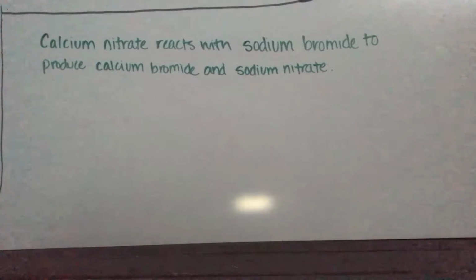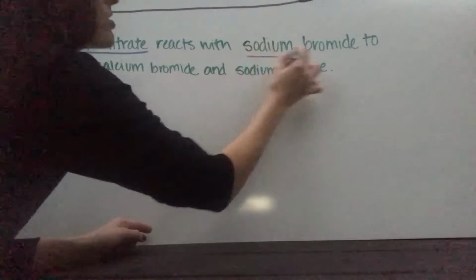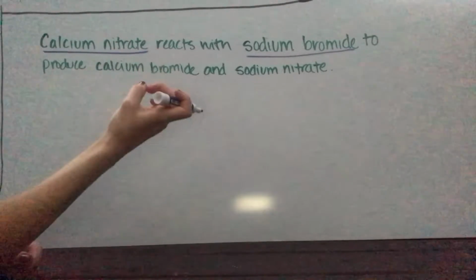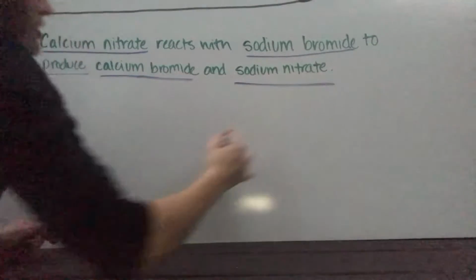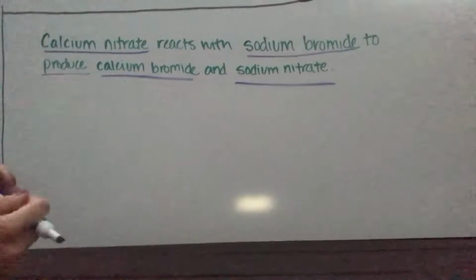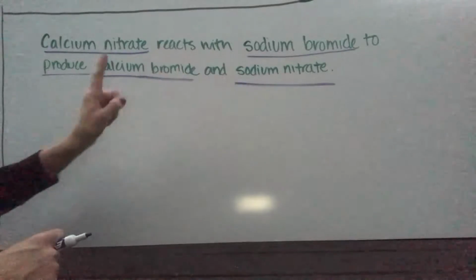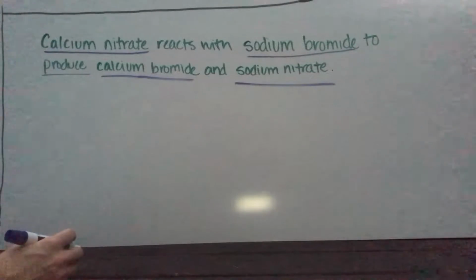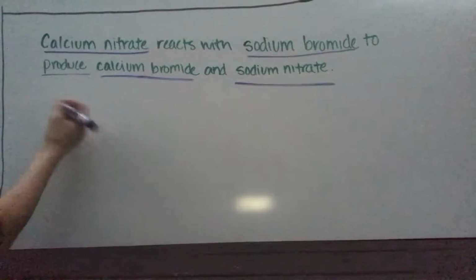So what I need to do is start by writing chemical formulas for the substances that are present. I have calcium nitrate reacting with sodium bromide, and those are going to be added together to produce calcium bromide and sodium nitrate. So first things first, I would write my chemical formulas for calcium nitrate, sodium bromide, calcium bromide, and sodium nitrate. If you're not sure how to write the chemical formulas, you can watch my video over that first. But if you do know how to write them, you're going to end up with